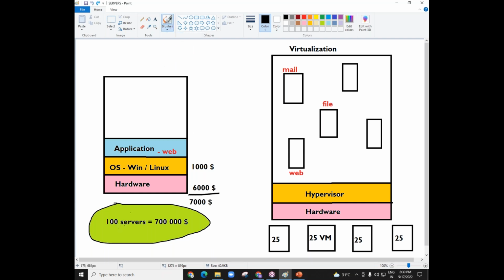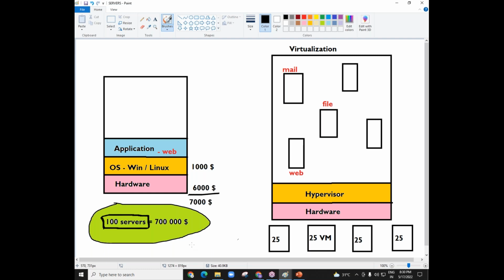How many servers we need here? 100 servers we need. And if you feel 100 servers is a big number in a company, no, my friend, 100 servers is not a big number. There are many companies where there are hundreds and thousands of servers. Minimum, 15-20 servers are needed in most of the cases, but there are many cases where there are hundreds and even thousands of servers available.